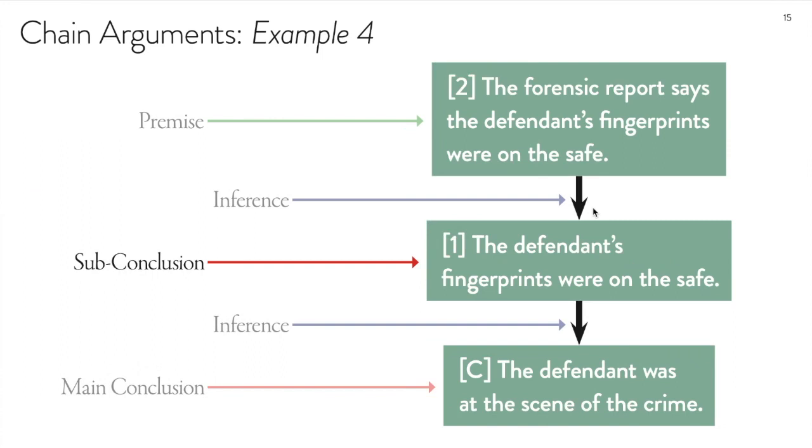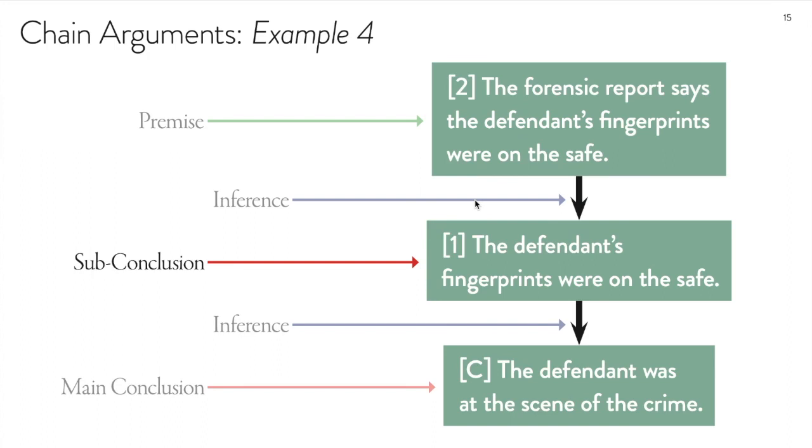And so here's where I'll just introduce one last piece of terminology just to help make sense. So we still have a main conclusion. The defendant was at the scene of the crime. And then the arrows are still inferences. And we have our pure premise, which is just the forensic report says. But now we can introduce the idea of a sub-conclusion. A sub-conclusion is something